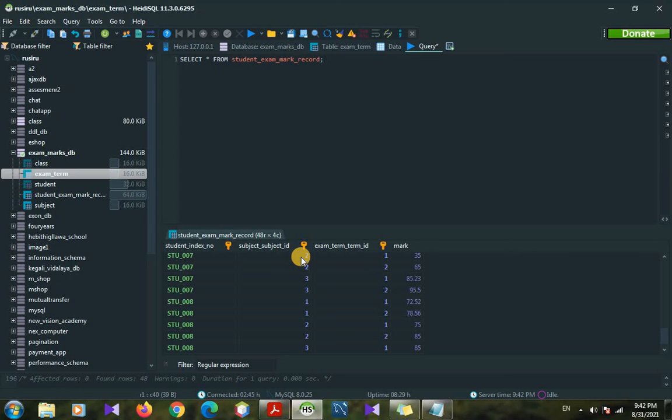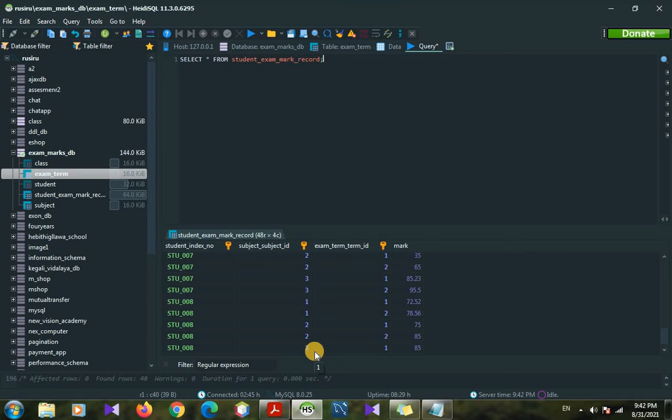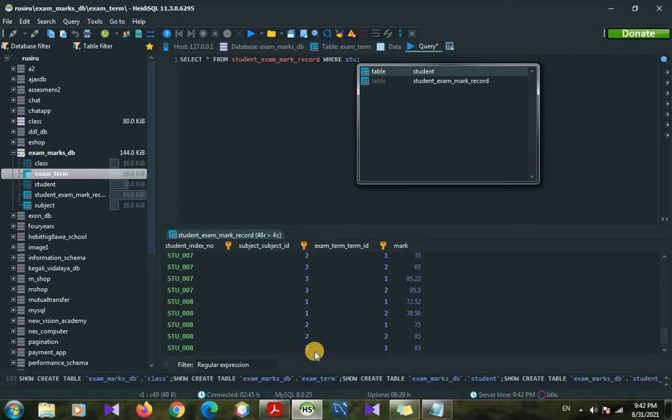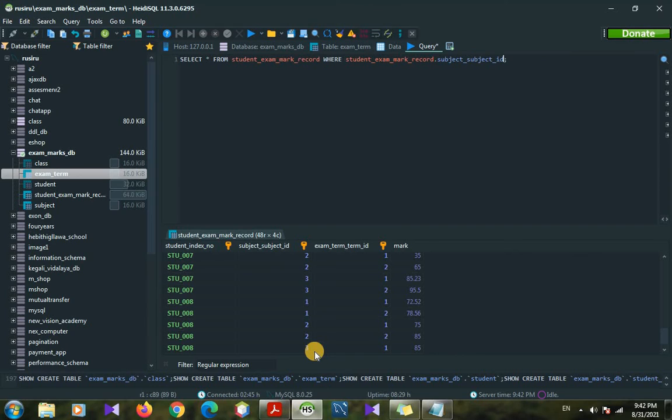So then we can select the subject mathematics, because it's asking the subject mathematics. So we can use another subquery here. No need to join any tables here. We're using where clause, where student exam mark record table dot subject ID using in keyword.